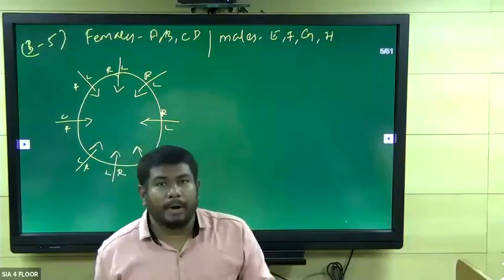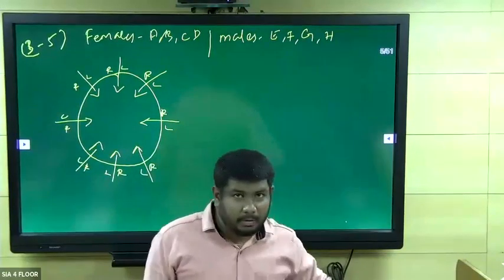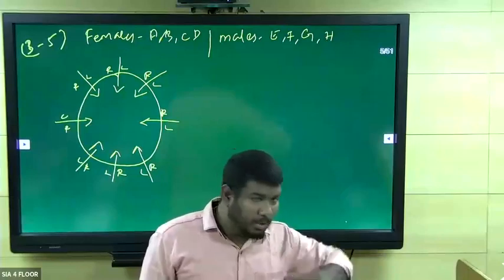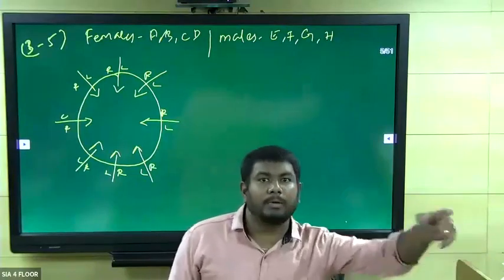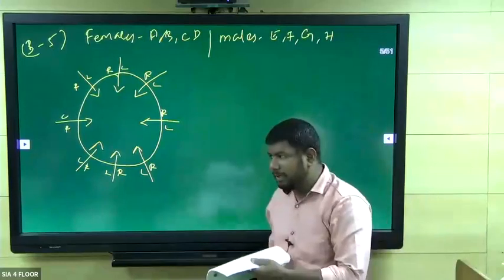So a person with the same gender does not sit close to each other, right? Two males or two females do not sit close to each other. One male, one female. Again, one male, one female. So they should sit in this way, right? So we should make an arrangement in this way.